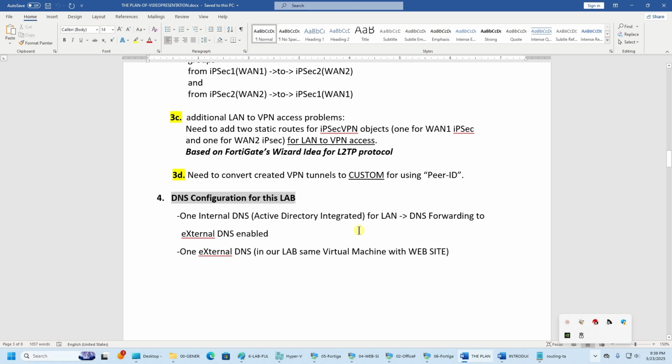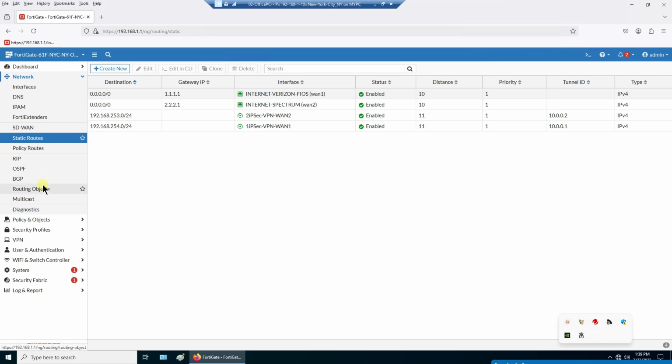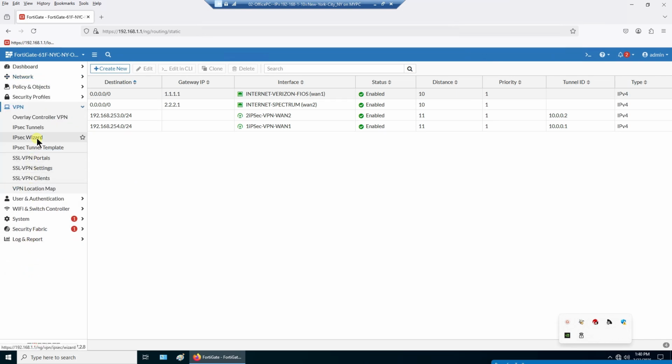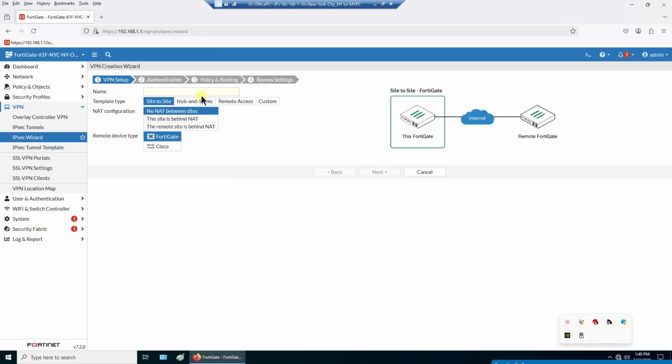Okay, so what I would like to say more, I used a VPN IPsec wizard for creating, and if you create this by wizard, it's good. It's good because it eliminates human mistakes,